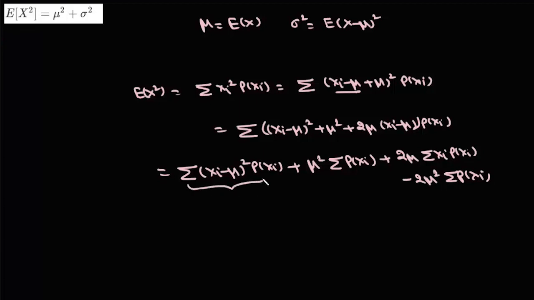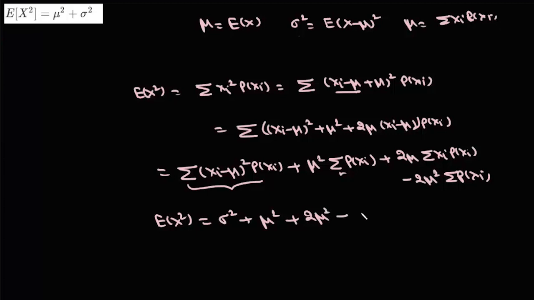अब ये तो क्या है, ये तो उसका वेरिएंस है, तो E[X स्क्वायर] हो जाएगा सिग्मा स्क्वायर प्लस, अब समेशन p(xi) 1 है तो ये हो जाएगा म्यू स्क्वायर प्लस 2 म्यू। अब हमें पता है कि जो म्यू है वो है समेशन xi इंटू p(xi), तो ये हो जाएगा प्लस 2 म्यू स्क्वायर, और यहां पे समेशन p(xi) 1 है, ये हो जाएगा माइनस 2 म्यू स्क्वायर, तो ये कैंसिल हो गया। तो यहां से हम लिख सकते हैं कि एक्सपेक्टेशन ऑफ X स्क्वायर जो आएगा वो आएगा सिग्मा स्क्वायर प्लस म्यू स्क्वायर, और ये है आपका आंसर।